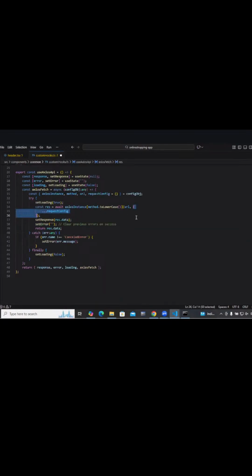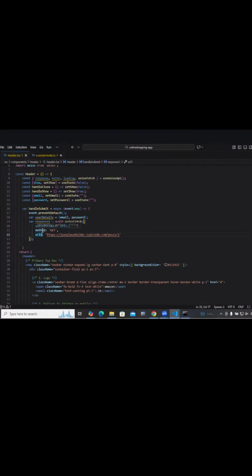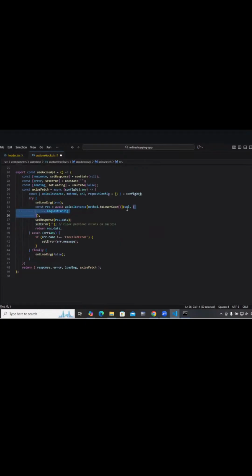But now, for example, the problem is if user mistakenly says something called URL1, then that doesn't work because it will be passed to the Axios as a URL. Okay, URL is coming like this, right? For example, method. If we say method1, then that doesn't work over here. So this is the object. We are just passing that object as a parameter for this. That's it. Clear? Okay, clear.